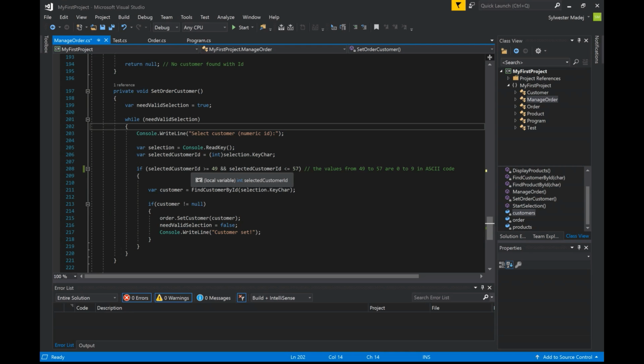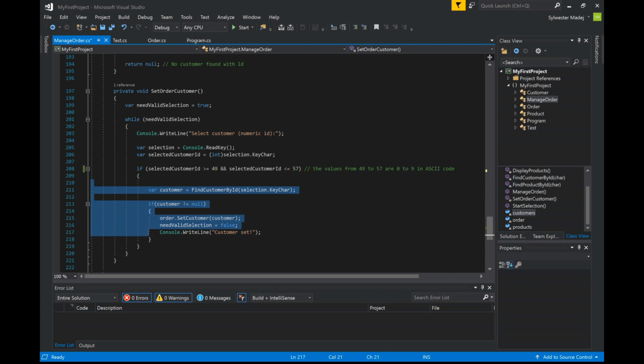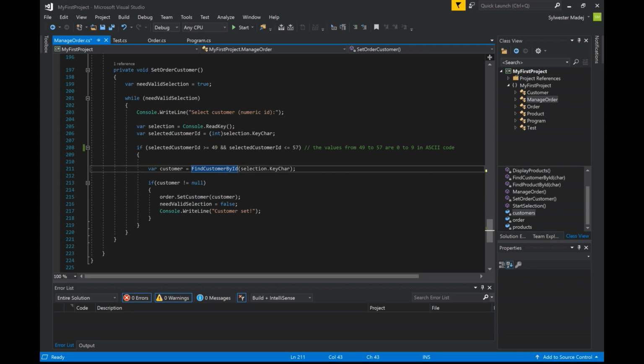So any value between 0 and 9 on the keyboard will execute this scope of code. Otherwise, it just avoids the if, because the condition won't be met. So if, for example, the user presses the key, let's suppose 1, then the code will be